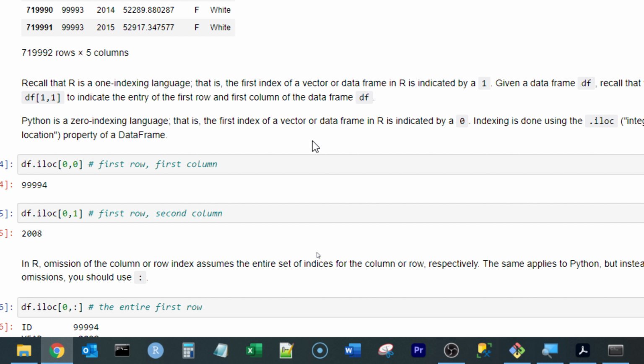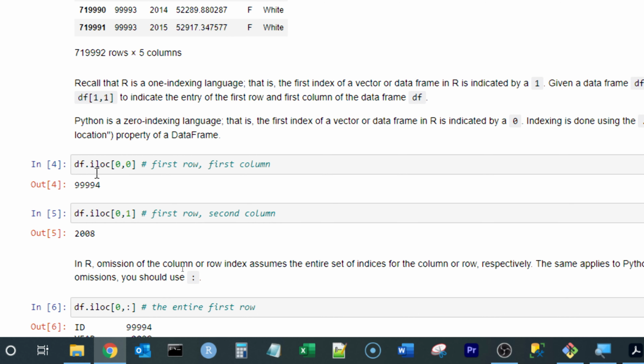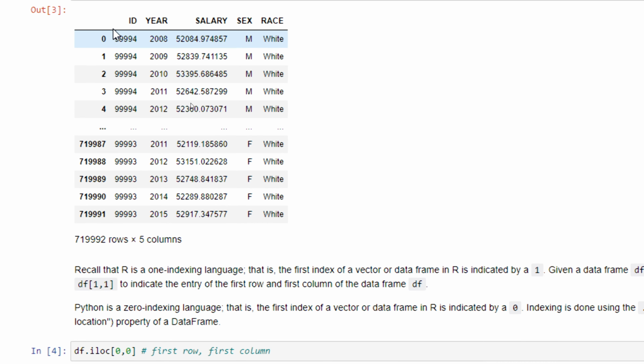R is considered to be a one indexing language because 1 refers to the first index of a data frame or a vector in R. In Python, 0 is used as the first index of a vector or a data frame. So in this situation, df[0,0] would refer to the first row and first column in Python,